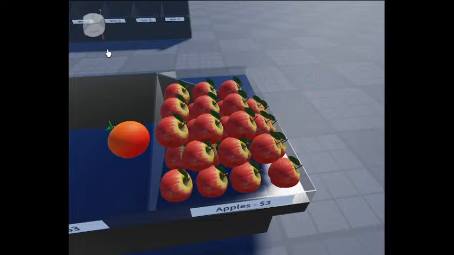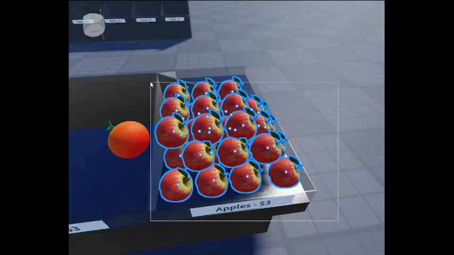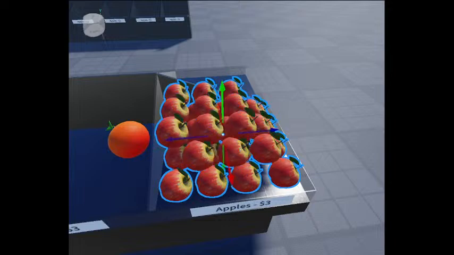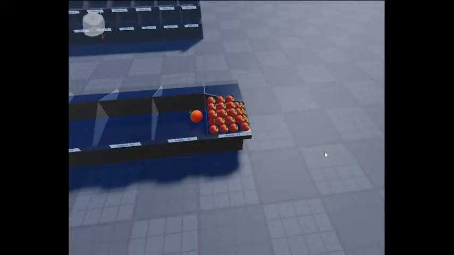We're gonna delete. Okay, there we go. Now select all the apples, and we're gonna group as model, and call this apples. Okay,